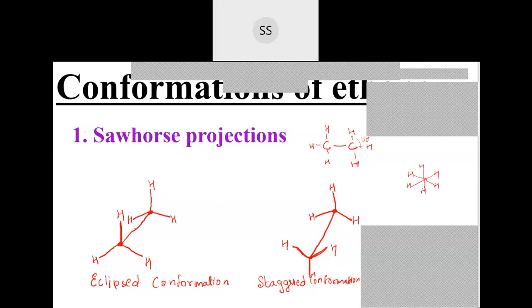But this will be similar. See, the hydrogens behind are here and the front hydrogen also will overlap on the one behind, so that's why they get covered. So that is eclipsed. And here it is staggered because the front ones and back ones don't get covered. All of them can be visible. So that conformation is called the staggered conformation. So you need to know how to draw these eclipsed and staggered conformations.